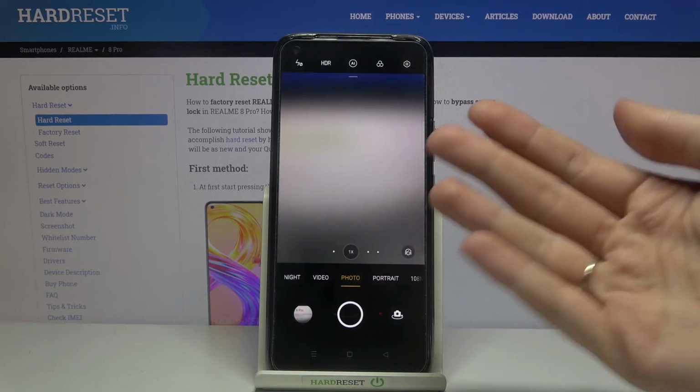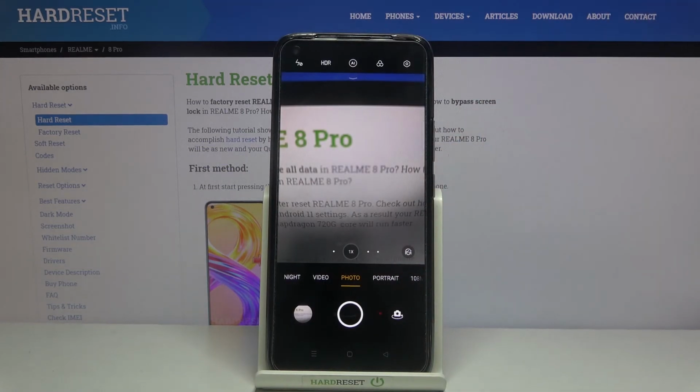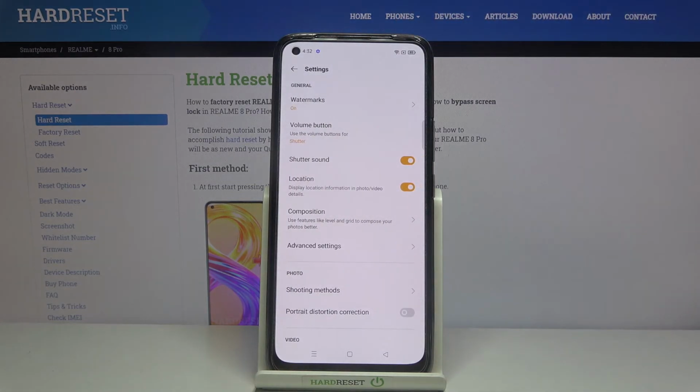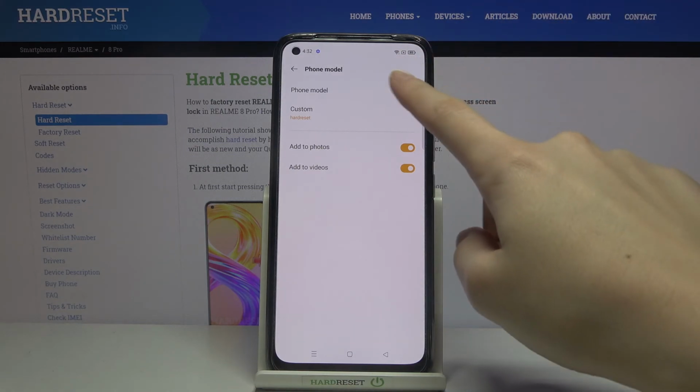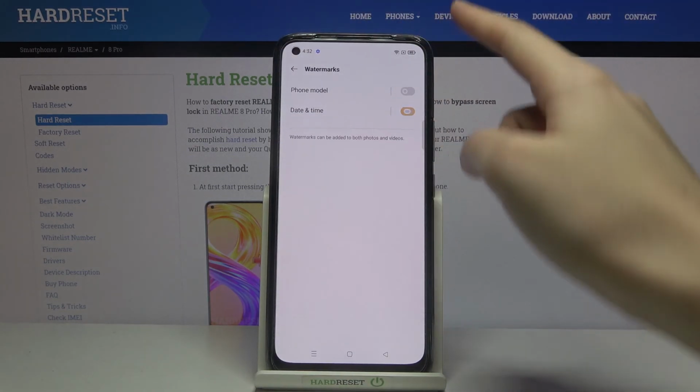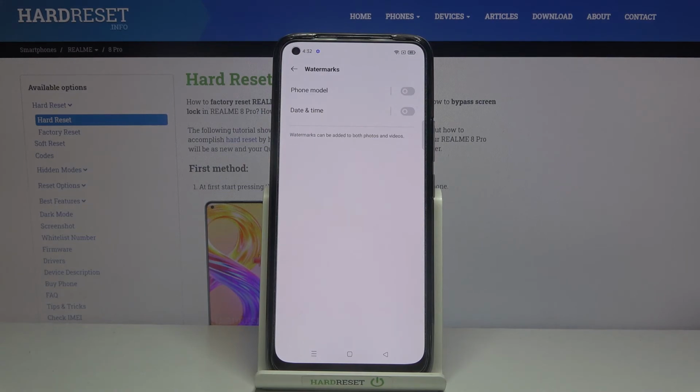And of course when we don't need them or need just one of these, we have to go back to the camera, then tap the right corner once again, go to the watermarks and pick here or here whatever we need. Of course we can turn them off, so for now when we take another picture the watermarks should